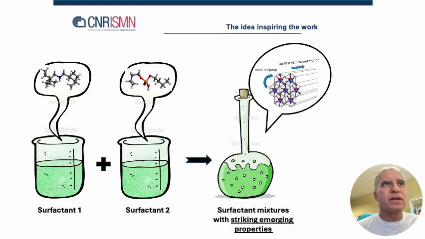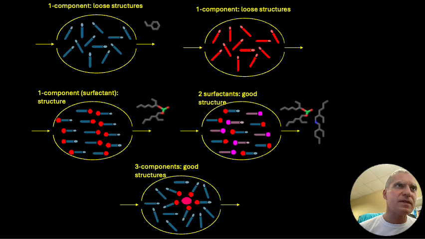Very straightforward, very easy. In addition, given the particular structure of these two molecules, you end up with other contributions to the total structure, so you end up with new properties together with the ionic liquid itself. This is the scheme. When you have a simple liquid, there is no structure. When you have one component made by a polar part and an apolar part inside the same molecular structure, you have some structuring. But if you mix two surfactants, so for instance, this guy with this other guy,